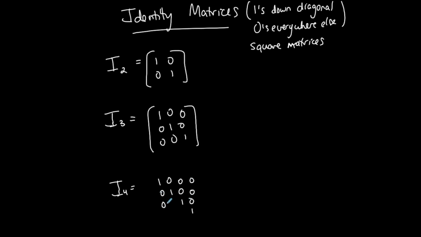Okay, so these are called identity matrices. Again, they act like the number 1 in multiplication. So obviously you can have any kind of identity matrix as long as it's a square matrix and down the diagonal you have ones and everywhere else you have zeros. So let's